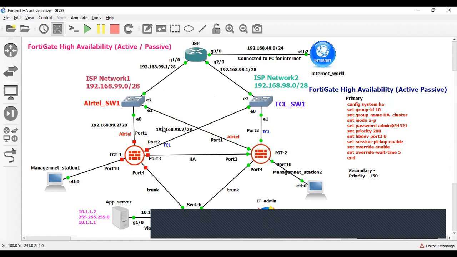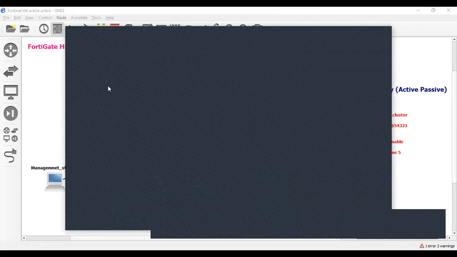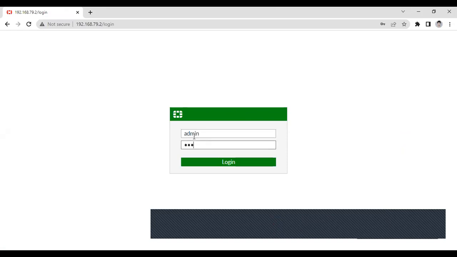So let me show the GUI also. Admin 1, 2, 3.